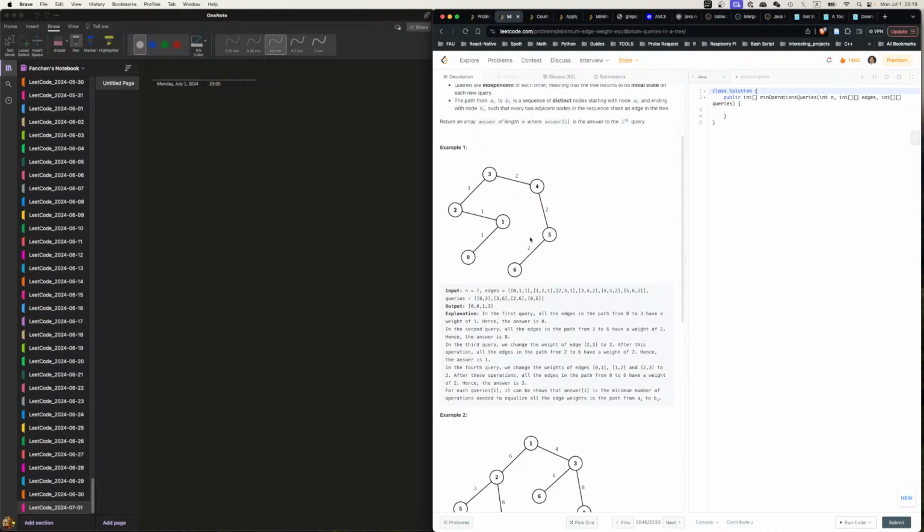What we want to know is each path. We definitely cannot go through all the paths. But for each path, I want to know, well, the path can be represented by